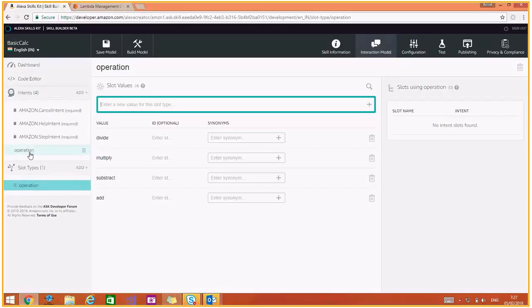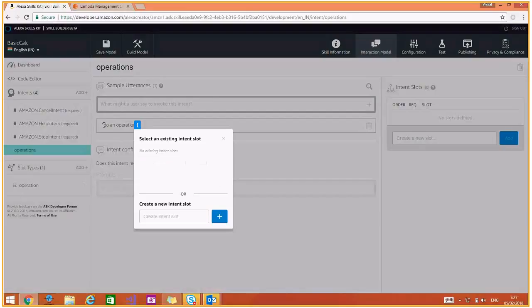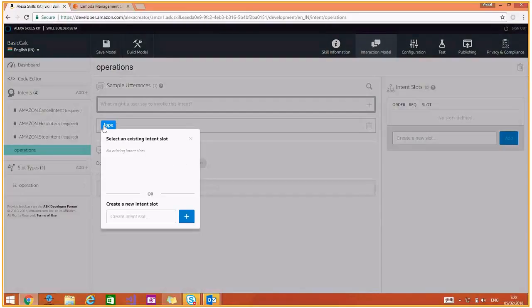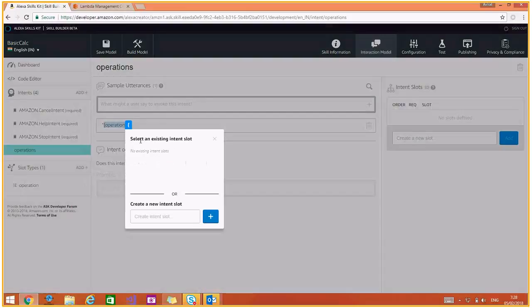Okay. And second thing, we should not keep the slot and the intent's name the same. So I'll just add an s here in our intent's name, and let's say somebody is going to say operation. When you add curly braces, Alexa is going to know that this is a variable. Let me first complete the sentence and then I'll show you. Add, I'll say number 1